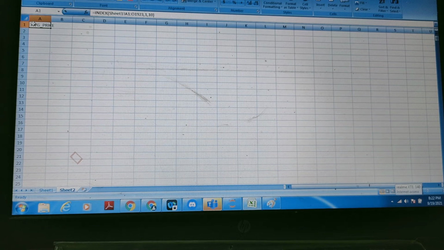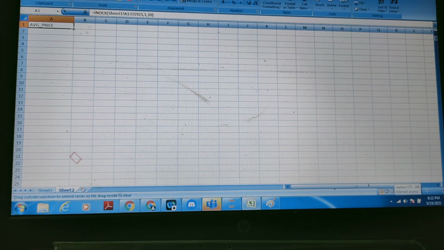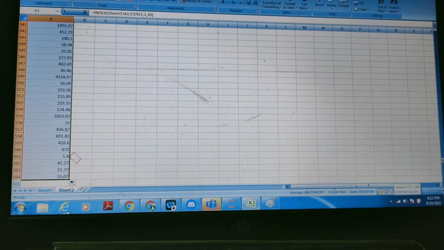Now you can see we have copied the first row of the 10th column. It is copied here. Now just drag it down by clicking on the bottom right corner and coming down like this. Now you can see the data is copied. Like this we can do it for the other columns also.